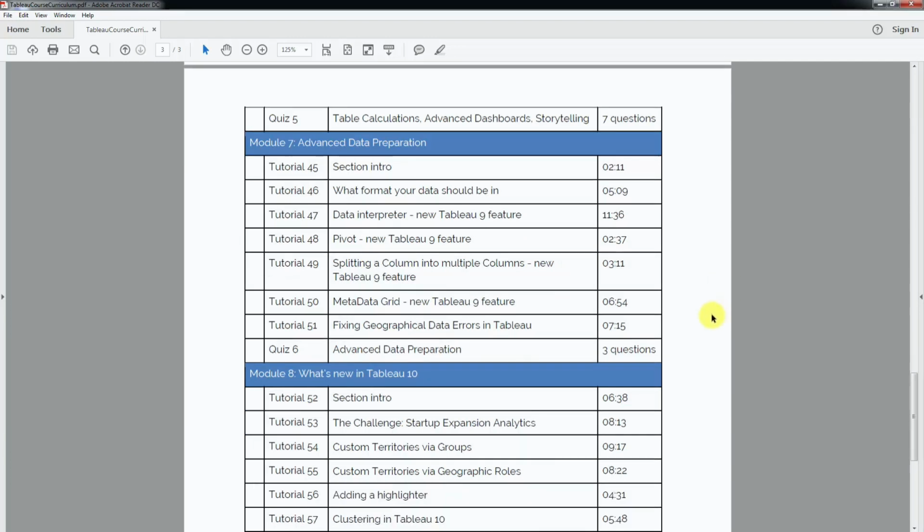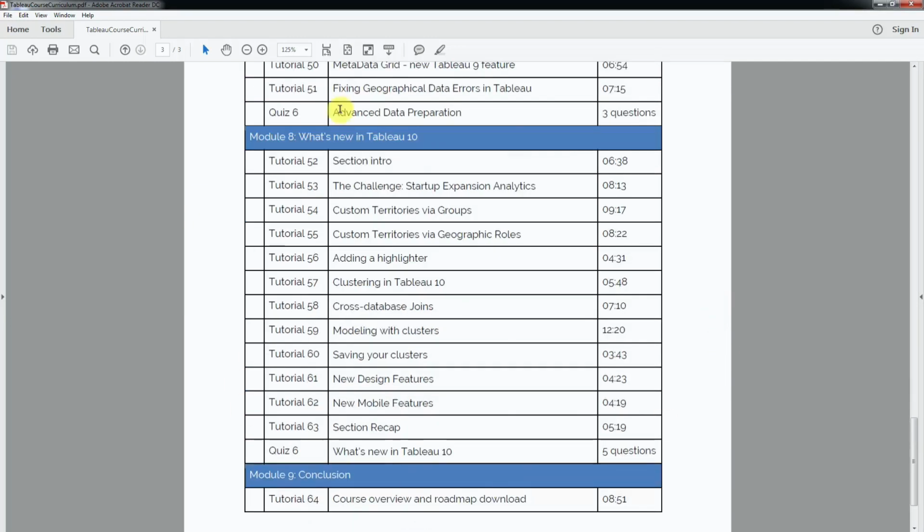And then in section 8, we will talk about the new additions in Tableau 10. So here we're going to have a brand new challenge. It's going to be a startup expansion analytics challenge, where we're going to be helping a startup company solve some analytics problems that they're facing. Then we will learn the 3 main new additions in Tableau 10, and that is the custom territories, the clustering analytics in Tableau, and a